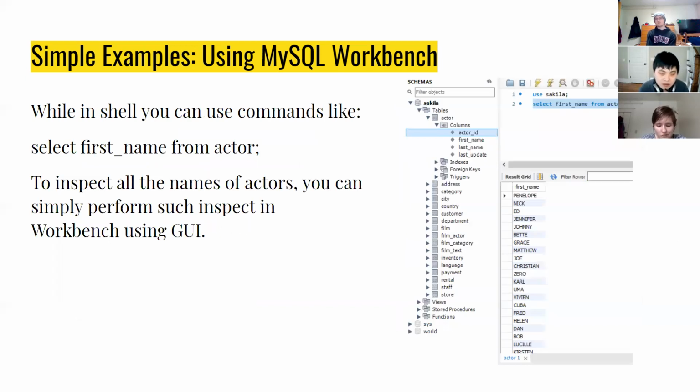Now, we'll start to use MySQL Workbench. In Shell, you can use the command select first name from actor to get all the first names of actors in the Sakila schema. Now, we can also do the same thing in Workbench. We type in the same command and it will show you all the names of the actors in a very